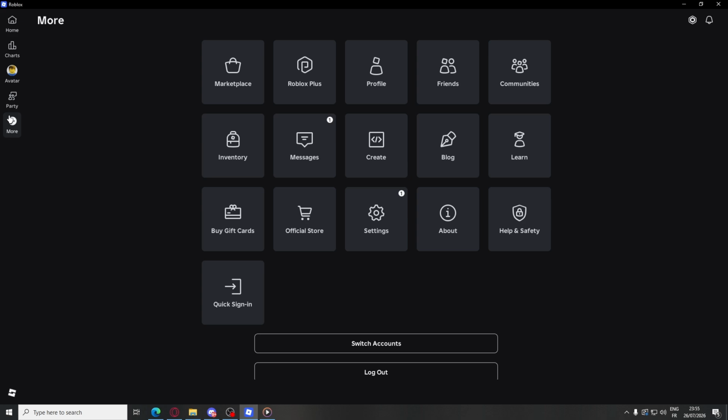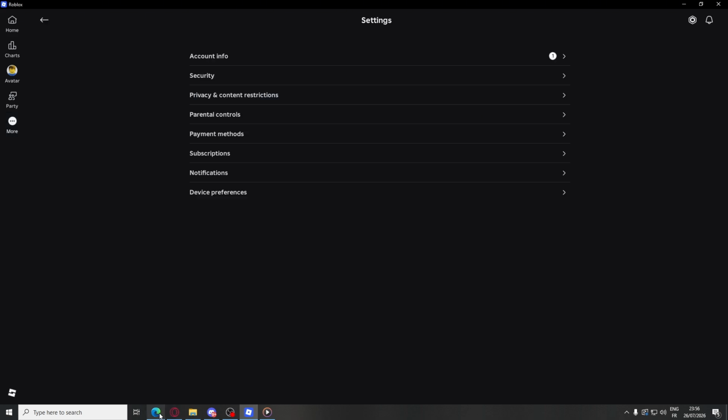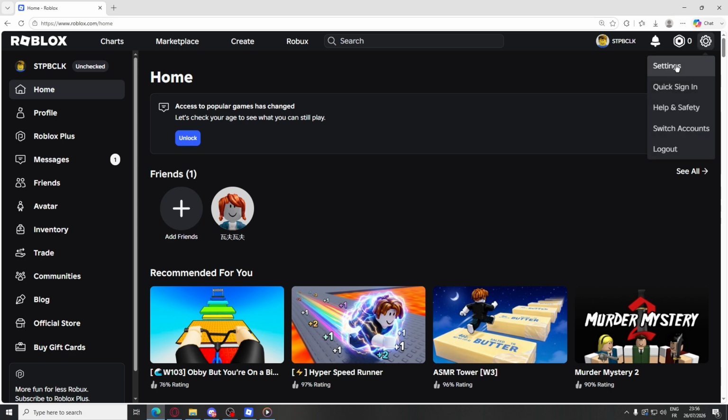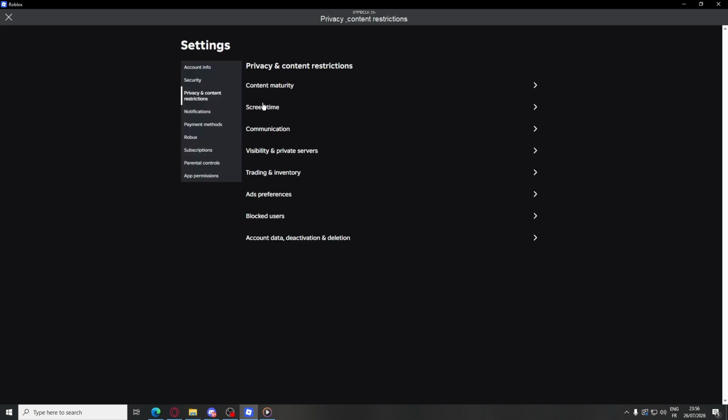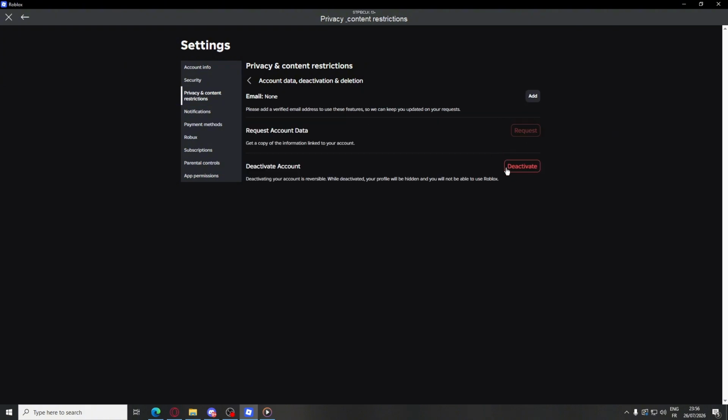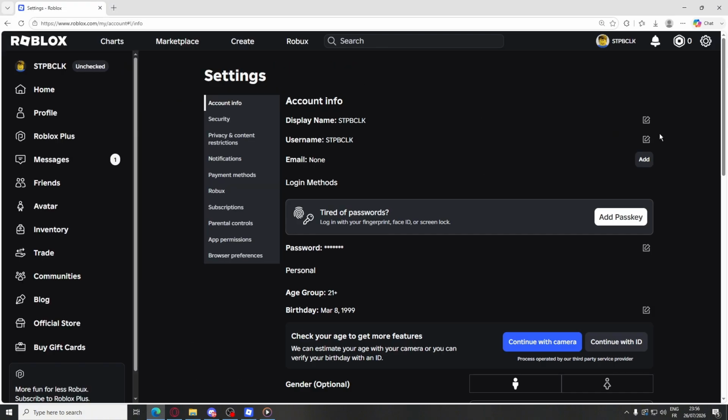To deactivate, open More, then Settings on the app, or click the gear icon on the website. Go to Privacy and Content Restrictions, then Account Deactivation and Deletion. Click Deactivate and confirm. To permanently delete, go to the Roblox website, click the gear icon and select Help and